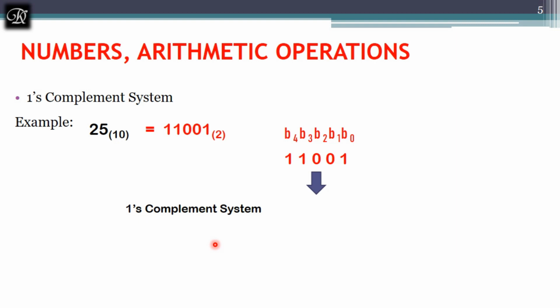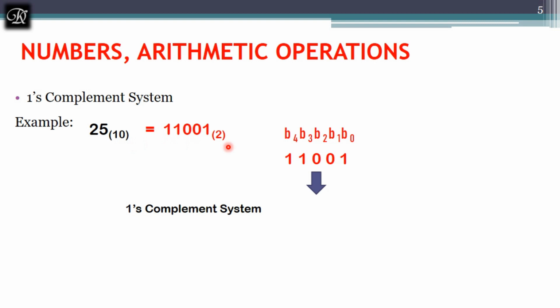Next, see how to represent a number in ones complement and twos complement. Why we need this ones complement and twos complement technique is because we are going to represent signed numbers in this module, and we are going to represent those signed numbers in twos complement. For example, if it is minus 25, we are going to represent it in twos complement. To do that, first we should know how to find the twos complement.